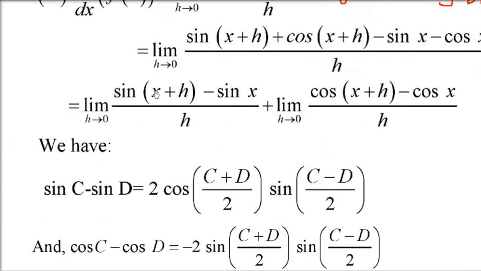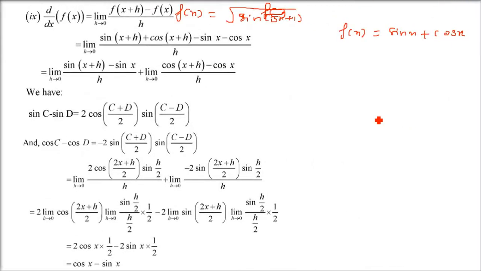And then we apply the formula sin c minus sin d and cos c minus cos d. Sin c minus sin d is what? And here cos c minus cos d is what? We have a formula. So this is 2 cos((c plus d) by 2) sin((c minus d) by 2). Here it will be minus 2 sin((c plus d) by 2) sin((c minus d) by 2). Now apply the formula. Whatever term is coming, this is sin(h by 2). You already have h, divide by 2, multiply by 2. This is going to be 1, 2 gets cancelled. So cos((2x plus h) by 2), now apply h is 0 also, 2 gets cancelled. So only cos x will come and there is a 2 also. So 2 and 1 by 2 get cancelled, so only cos x will come.